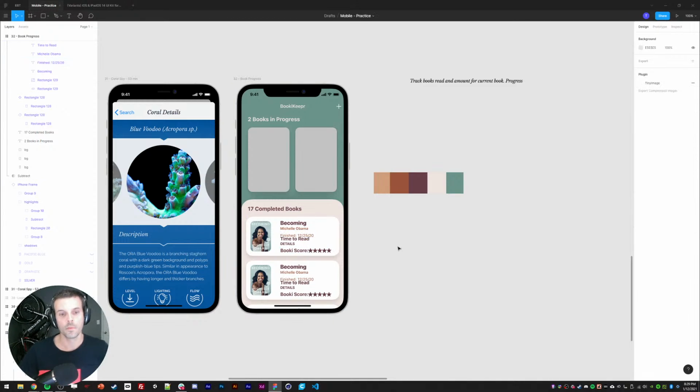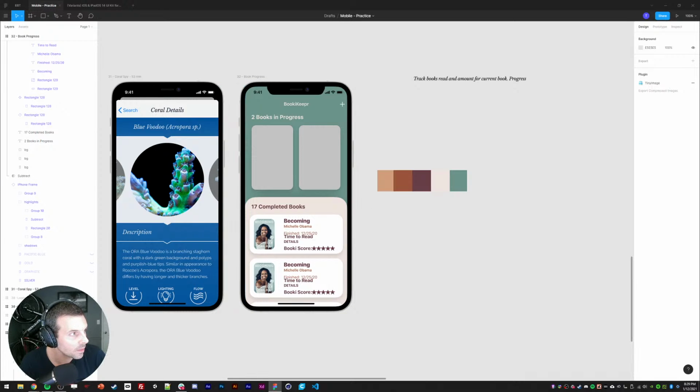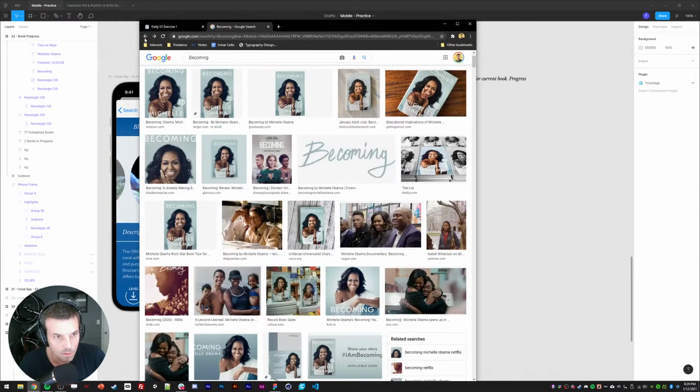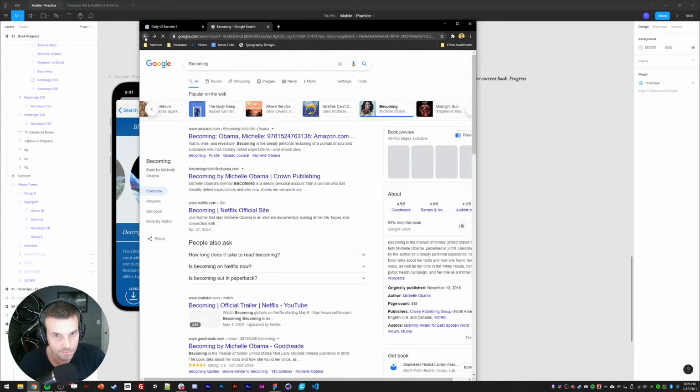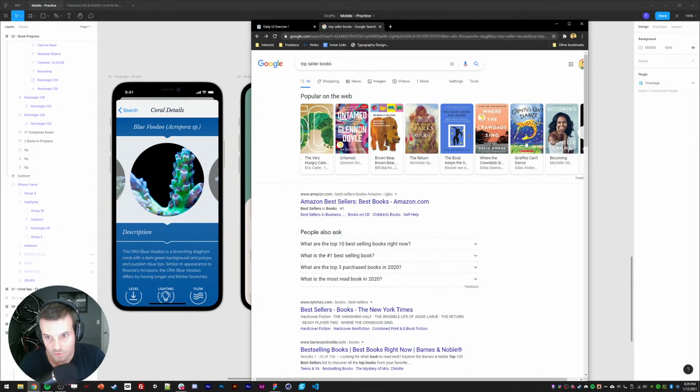What time are we at? Time check, 20 minutes. All right. Let's get some other books here. We'll fill in the details. I got a lot more stuff to do, so